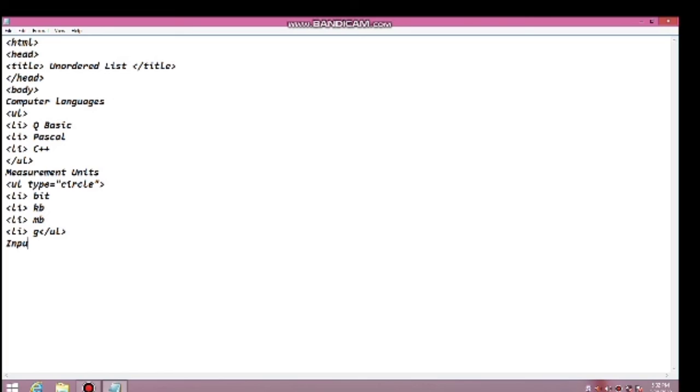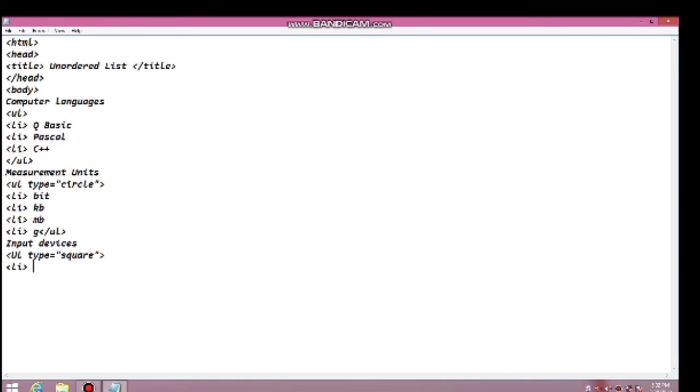Then again we give another heading, input devices. Then again the UL tag. We give the attribute type is equal to square. This attribute is used for filled squares.